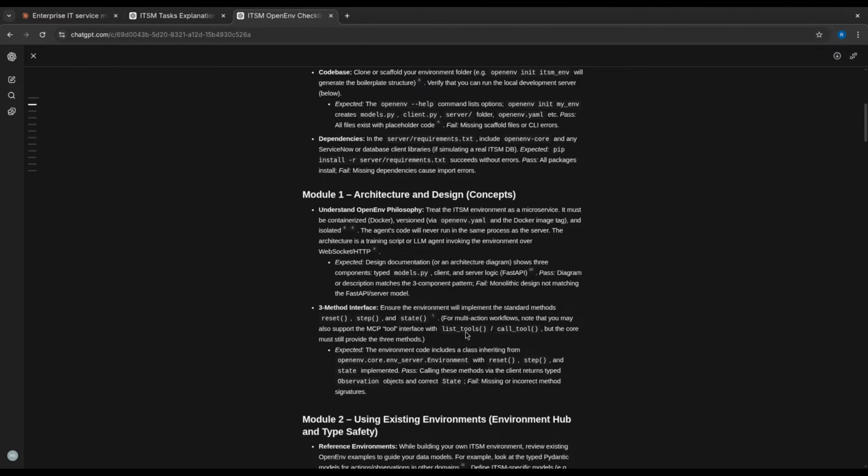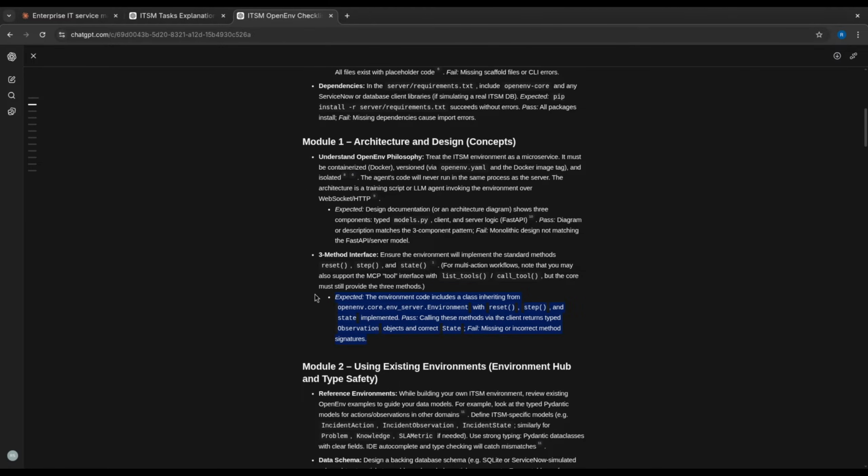And for the multi-level, okay, we have studied these, so I will be skipping it for now. The environment includes a class inheriting from the OpenEnv environment with reset, step, and state implemented, calling this module client and returning the typed observation.